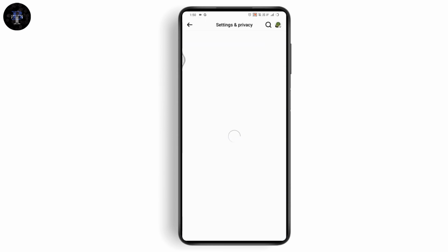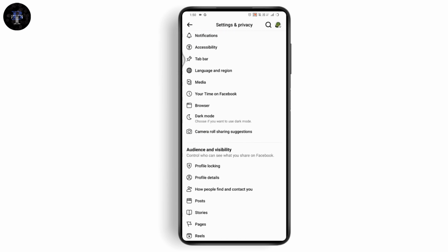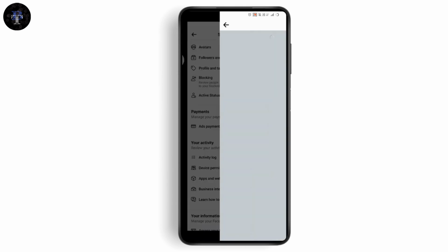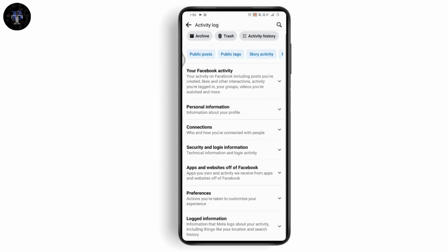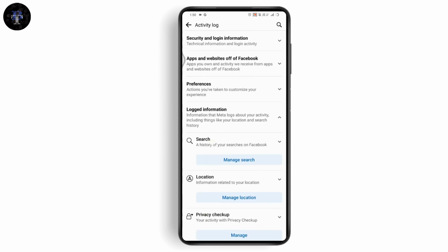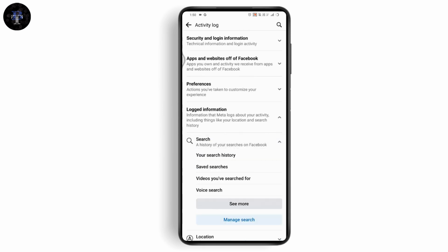Again, go for settings. Under settings, you need to scroll down and search for an option which is activity log. Tap on activity log, and here scroll all the way down and go for the last option, which is logged information. Under logged information, you need to go for the search option, tap on search, and go for your search